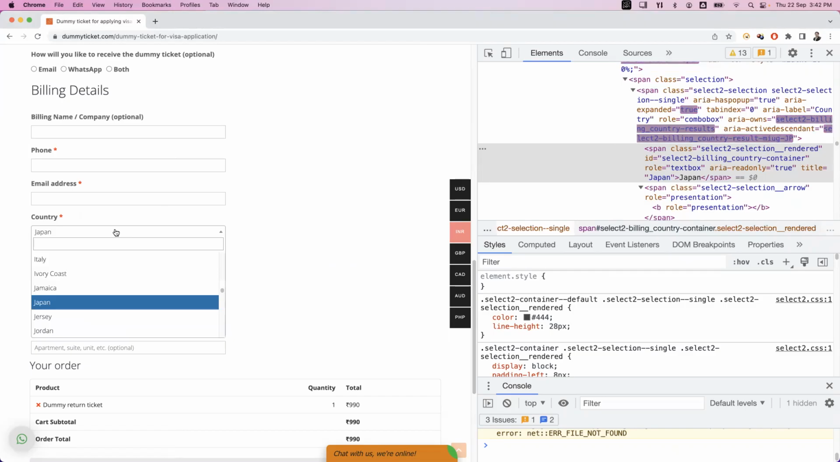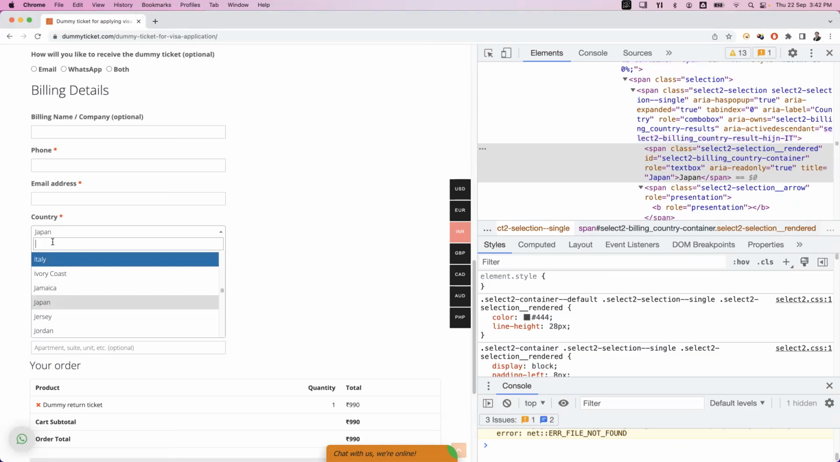Once you click on it, you will see one more input box here. Internally, you can see one input box, and these are the list of countries which are displayed. So inside this input box, we need to provide which country we want to select. Suppose I want to select, let's say, India. As soon as you type India here,